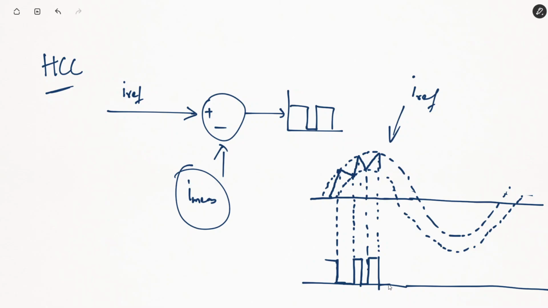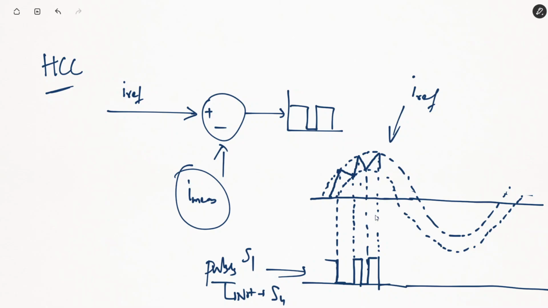जैसे ही pulse 1 होगा, current will rise. जैसे ही pulse 0 होगा, current will drop. Fine. So our current is varying in this reference band, and accordingly our pulses are being generated for the inverter. So if these are pulses for the upper leg switch S1, say for example, by using a simple NOT gate, we can generate the pulses for the lower leg switch, that is S4, of a three-phase inverter.